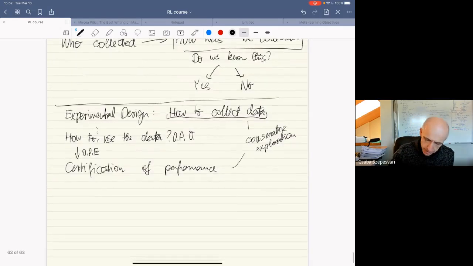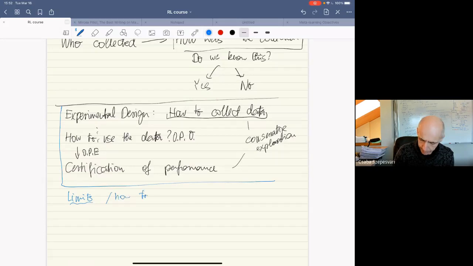So in the theoretical analysis of all of this, of course, we're interested in what are the limits of this and how to approach the limits. So what are the best ways of doing things? And I want to start with the simplest idea of all, because it also connects very nicely to what we have been talking about in the past,